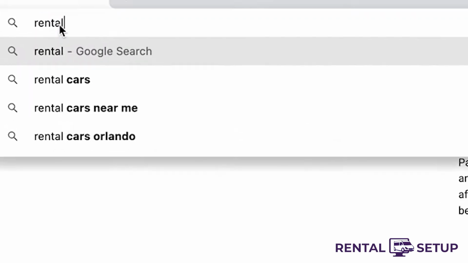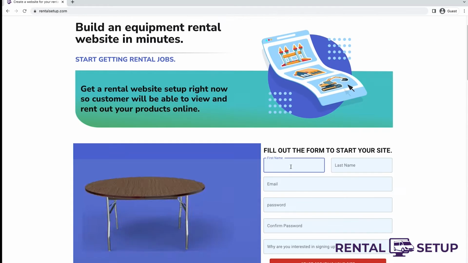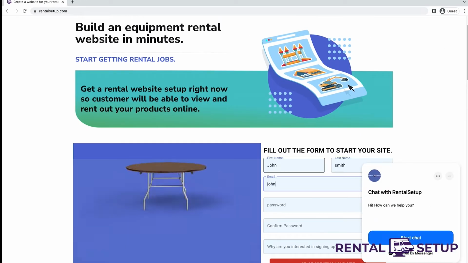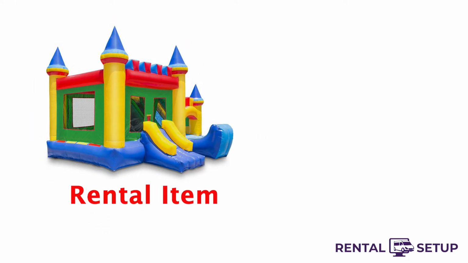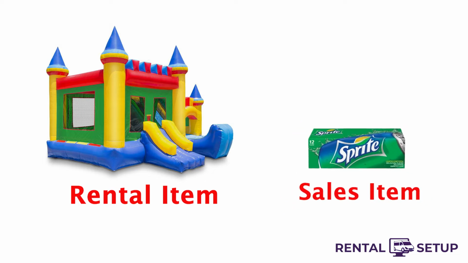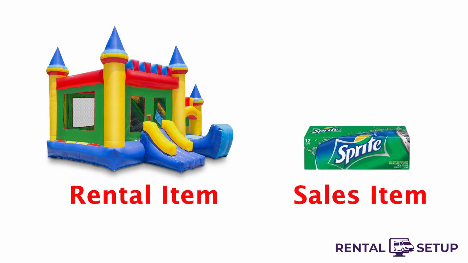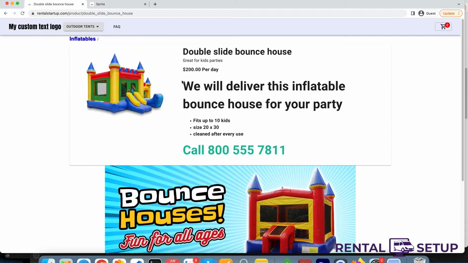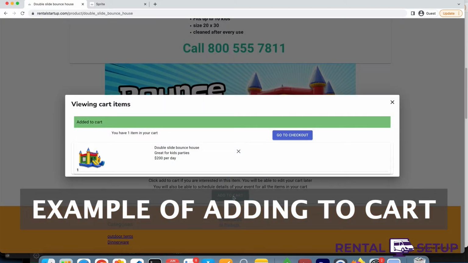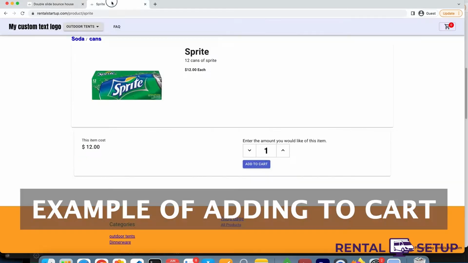With Rental Setup, you can build a website in minutes to rent out party supplies for your business. In this video, we will talk about how you can rent out products like a bounce house and sell something like a case of soda at the same time. Basically, the soda is going to be like an add-on item for when they rent the main item, which is